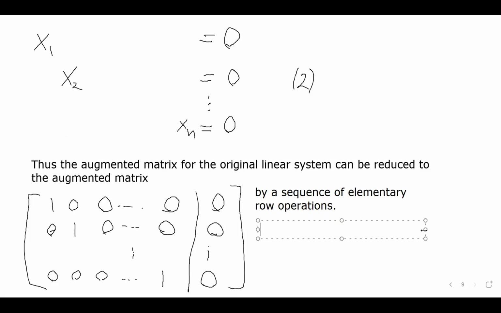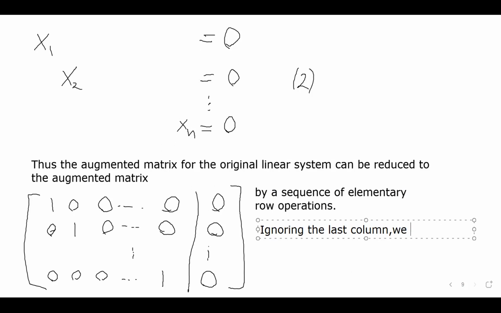So, ignoring the last column, we're ignoring the last column because our original matrix in reduced row echelon form is not the entire matrix. Instead, it's the part to the left of this vertical line. To the left of the vertical line is the coefficient matrix in reduced row echelon form. So the last column has nothing to do with the coefficient matrix. The coefficient matrix describes what is to the left of the equal signs, and so it's describing what is to the left of that vertical line. Ignoring the last column,